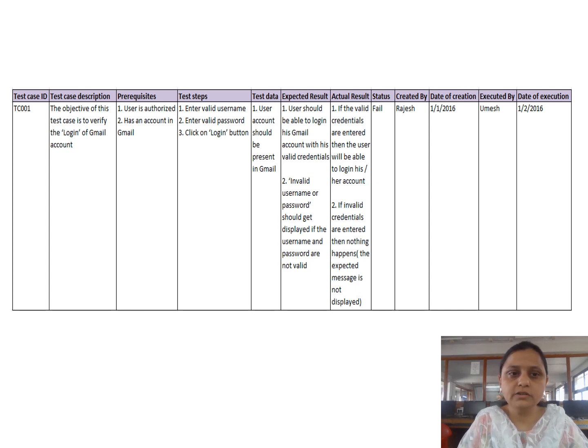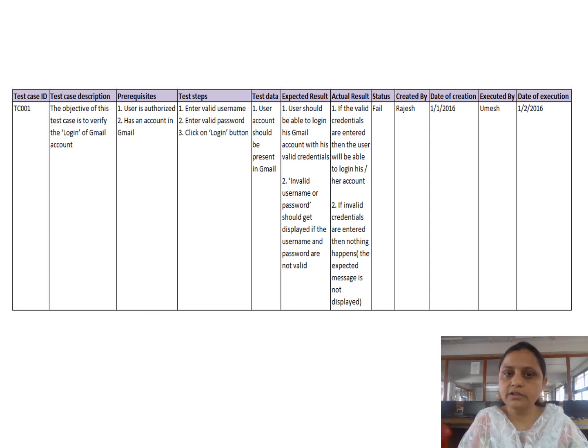For that purpose, the test ID is there, then the test case description, and some prerequisites. It means if you want to log into Gmail, the user needs to be authorized and have an account in Gmail. These are the prerequisites for the Gmail test case.